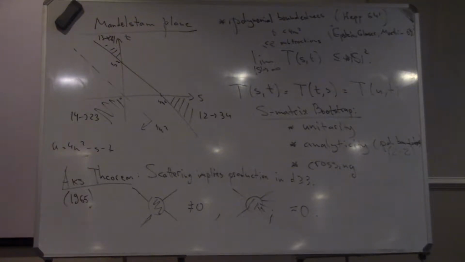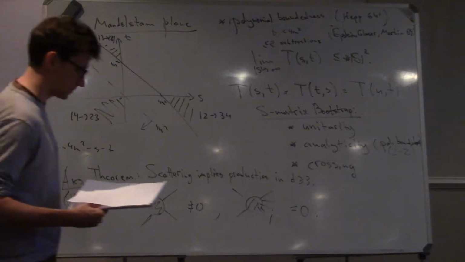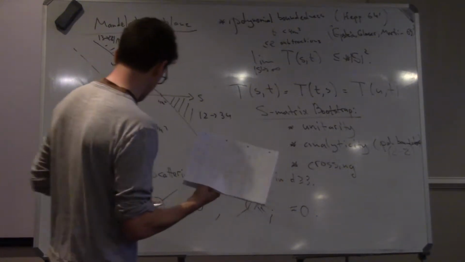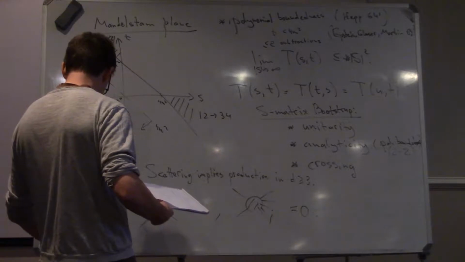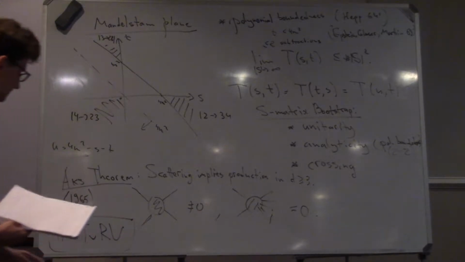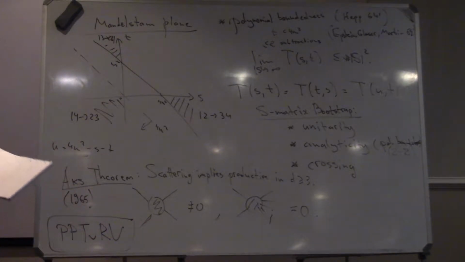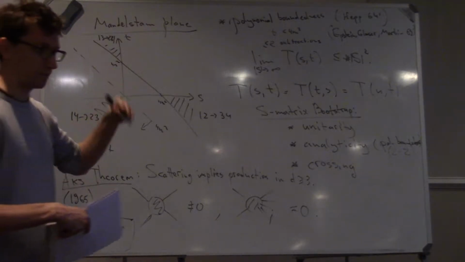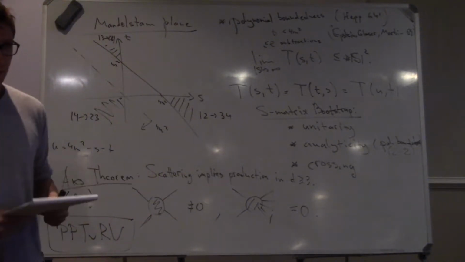And an interesting twist on this is that if you look at the results of a numerical bootstrap from last year by this set of authors, sorry, I forgot to mention Miguel Paulus also, so: Paulus, Penedones, Toledo, Van Rees, and Vieira. So that's a paper from last year. As you know, in a conformal bootstrap, one of the approaches is that you try to maximize things. You try to make the interaction maximally strong, some gap in the spectrum of operators is large, if possible, and then you find some interesting bounds.